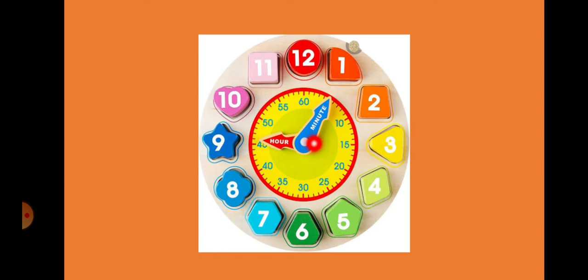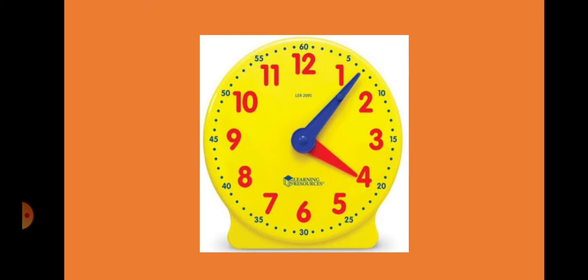Okay, remember this one. The smaller one is the hour hand, the bigger one is the minute hand. Okay. Now see here. Now the hour hand, where is the hour hand? On which number is it? 4. Right. Now where is the minute hand? It is showing here. So we don't know now what is the time, right?